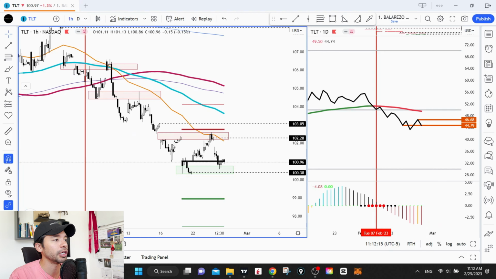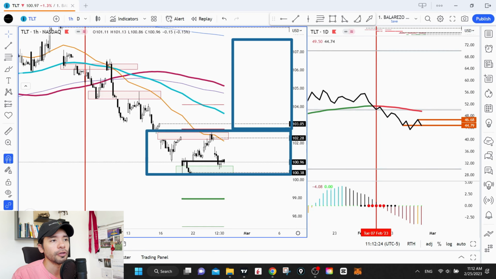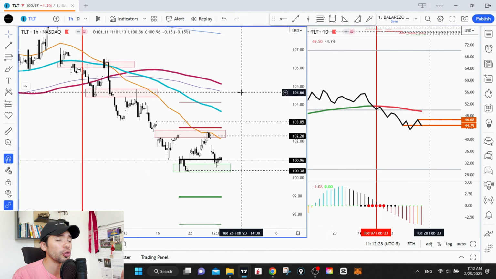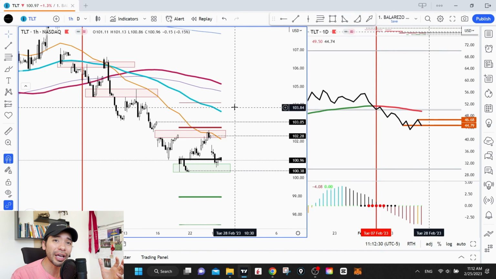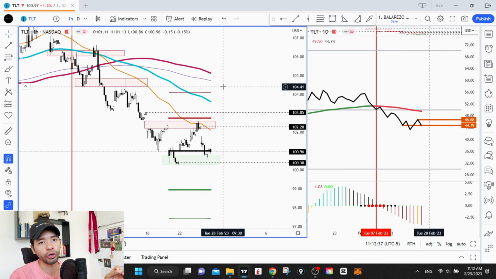Let's see if TLT forms some sort of base and then offers a nice change of structure, a trend and a trade. So we just have to be pretty patient here, pretty patient with the SPY and the QQQ. There's not much to take a look at, and there's one thing that I want to mention, and that's going to be basically one of the only names that I'm going to be watching for the weekly watch list,